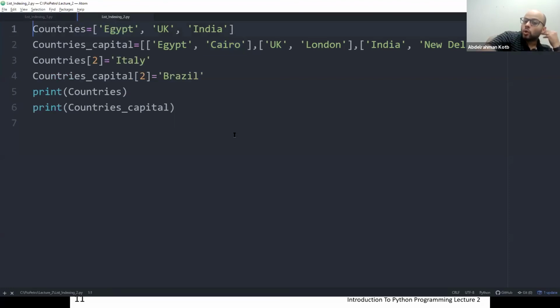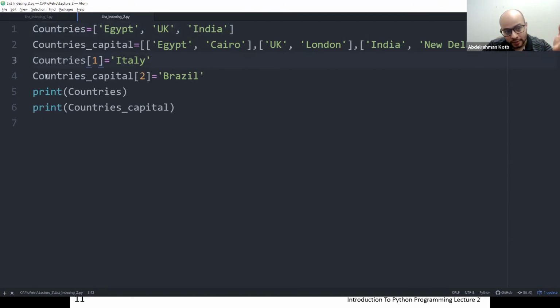I mentioned that lists are mutable, and what I mean is we can change them. So here is the first list, countries: Egypt, UK. I'd rather remove UK, since it's a European country, and put another European country, which is Italy.